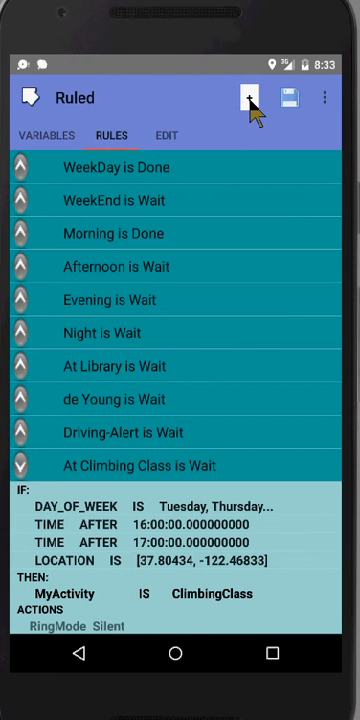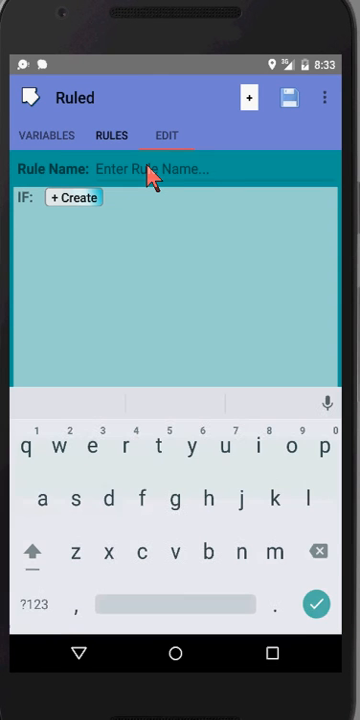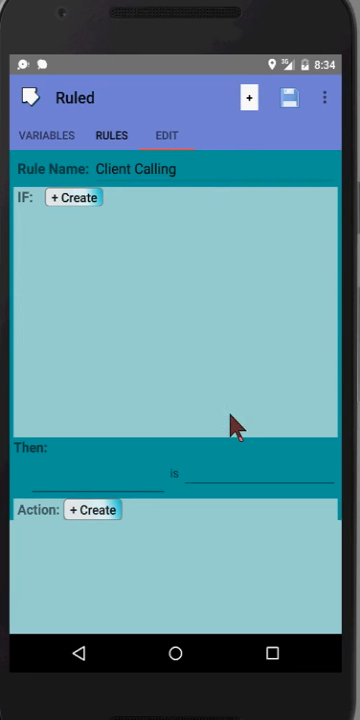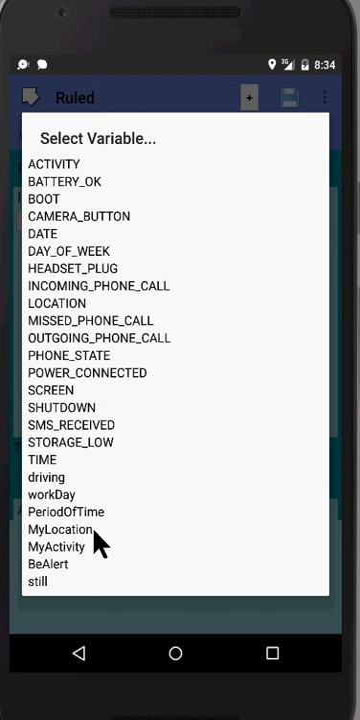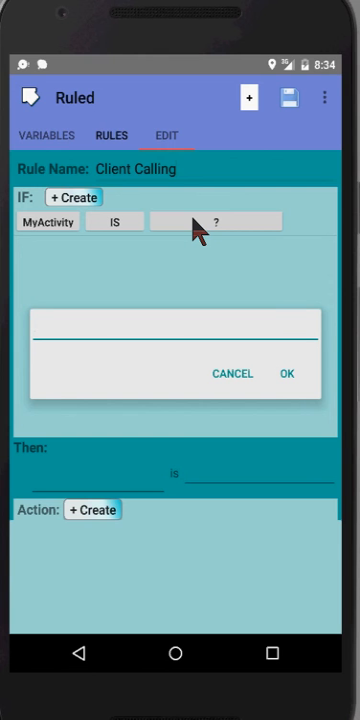So let's add our new rule. Let's call it client calling. If the client calls when my activity is climbing class,